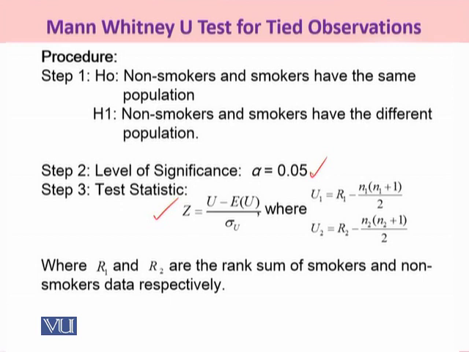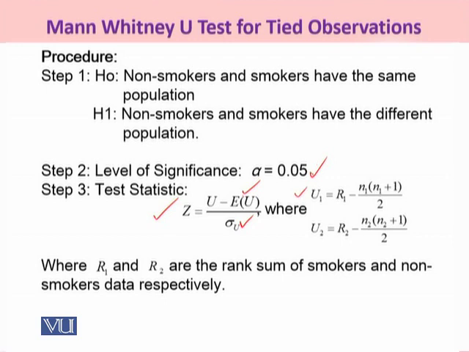If you remember, we have discussed that if N1 or N2 is more than 20, then we might not use the Mann Whitney U test formula. Rather, the Mann Whitney U test would follow the normal approximation. So I'm going to use the normal approximation. Students, the formula is Z equal to U minus E of U, that is the mean of U, divided by sigma U, the standard deviation of U. Where what is U? As we know, there were two kinds of groups. So initially we would be calculating U1, and now we are going to calculate